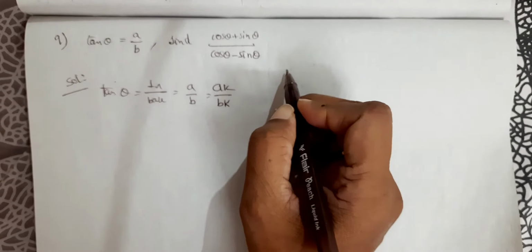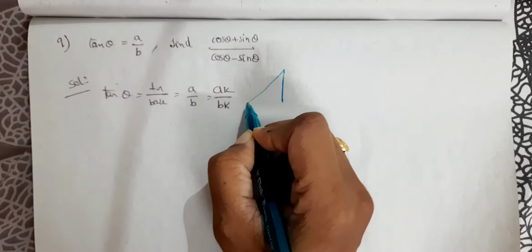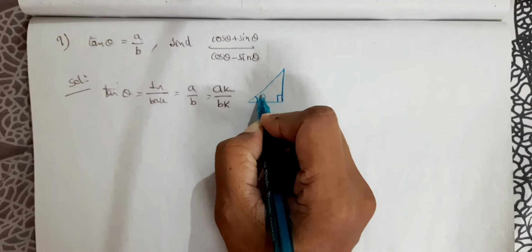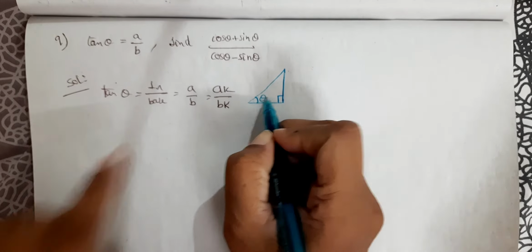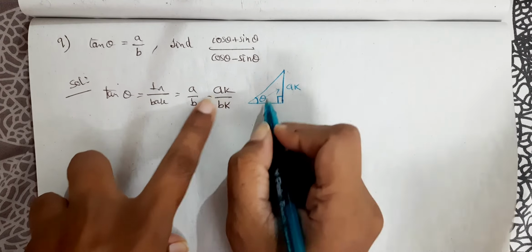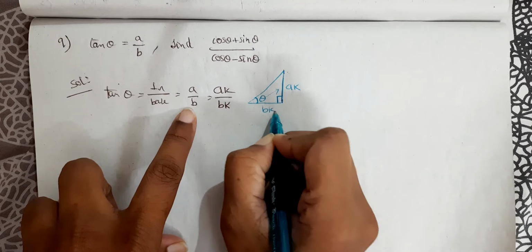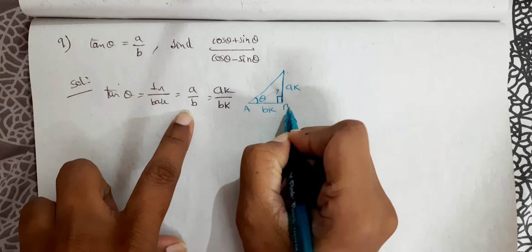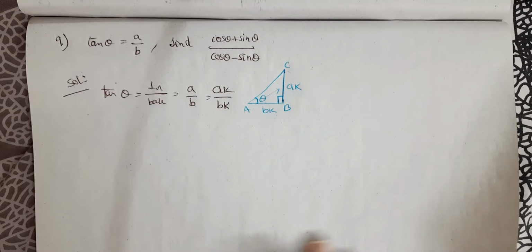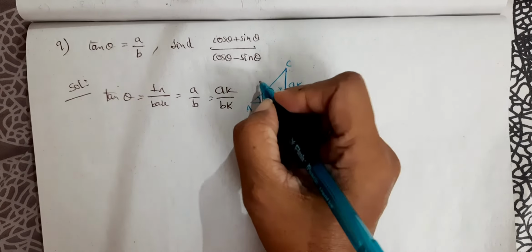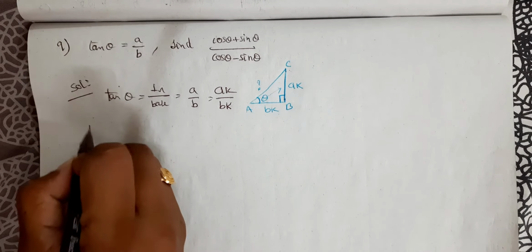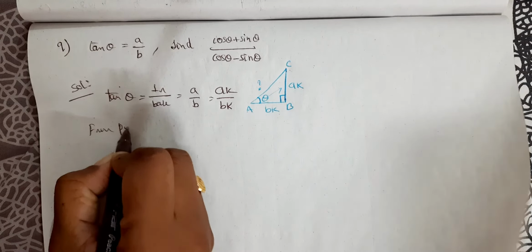Now draw the triangle. So draw a right angle triangle. Right angle is here. Let me imagine theta to be here. With respect to this theta, this is the perpendicular. That is, therefore, it is AK. And this is the base. Therefore, it is BK. Let me name it as something like capital ABC as the vertices of the given triangle. Okay. So now what should we find? We have to find out AC. So how are we going to do it? Like again from Pythagoras theorem.